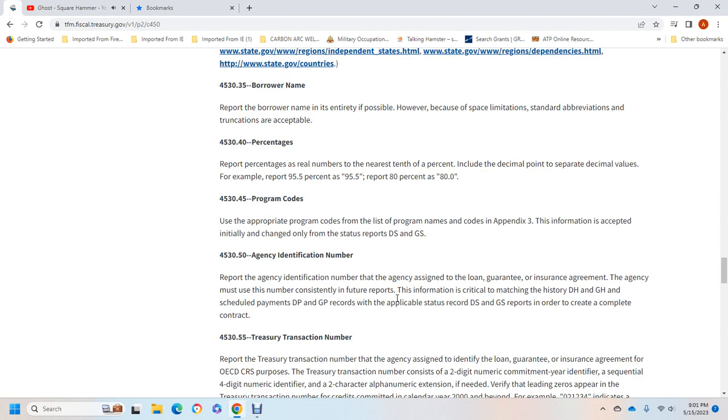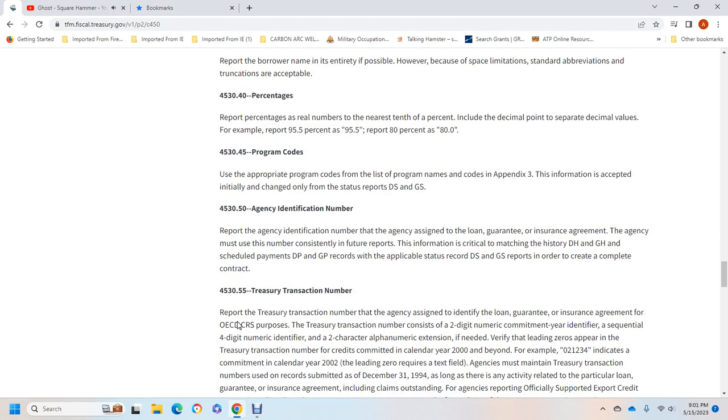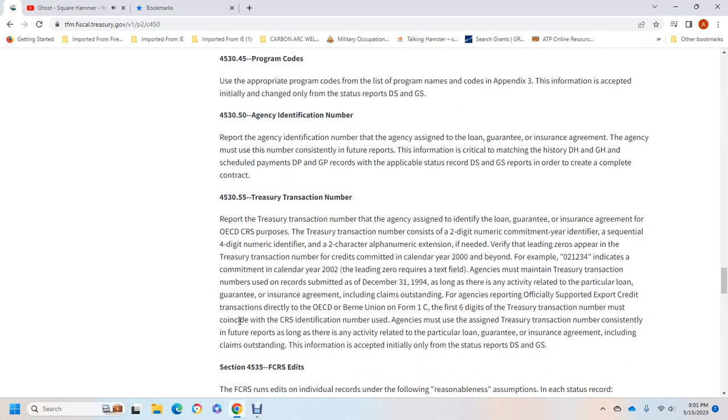The agency must use the number consistently in future reports. The information is critical for matching with the history of the DH and GH, the scheduled payments for the DP and GP records, and applicable staff of the DS and GS, in order to create the report with the complete treasury transaction number. Treasury transaction number: the agency assignment identified with the loan and guarantee or insurance agreement,